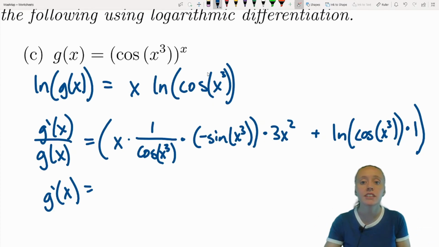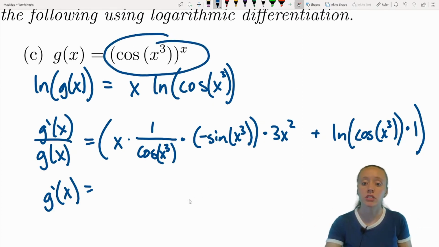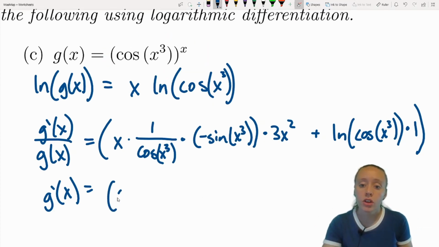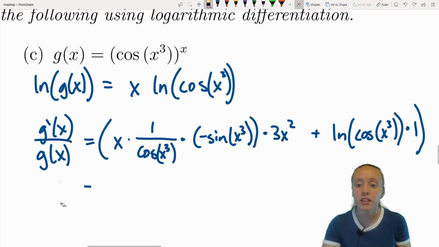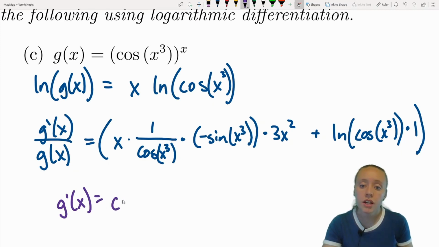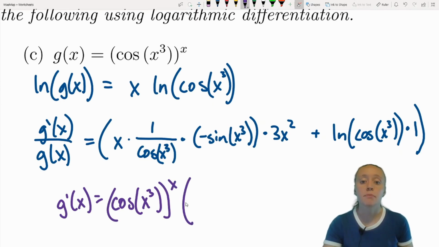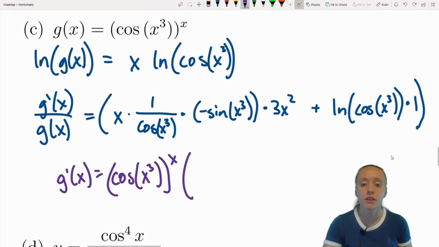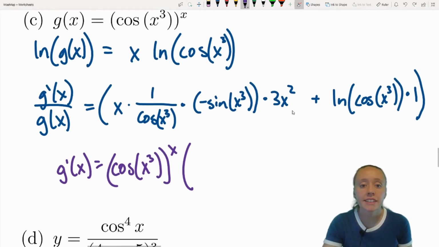But what is g of x? G of x is just that original. So I'm going to have the cosine, and I'll go ahead and write my final answer in a different color. G prime of x, I'm going to have the cosine of x cubed, all raised to the x. And that gets multiplied by that product rule derivative. Simplifying this down, x times 3x squared is going to be 3x cubed, and I have that negative out in front, so I'll have a negative 3x cubed times sine of x cubed